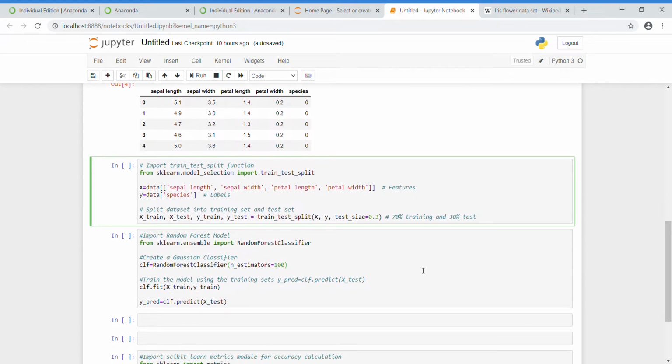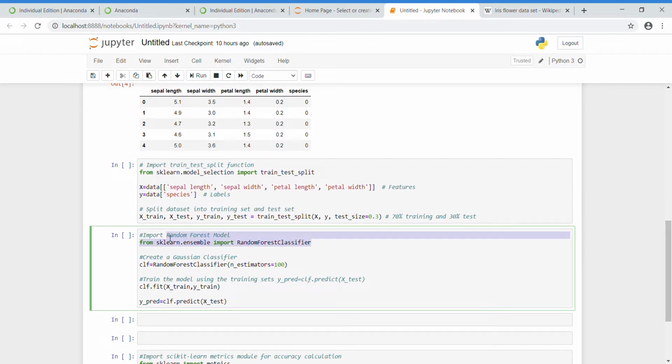After that, I am importing the random forest classifier from sklearn. Then I'm fitting the model. clf equals RandomForestClassifier with n_estimators equal to 100. n_estimators is nothing but the number of trees we are taking here. In a later video, we'll discuss how to parameterize it.